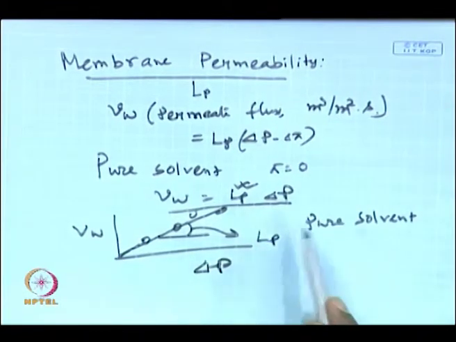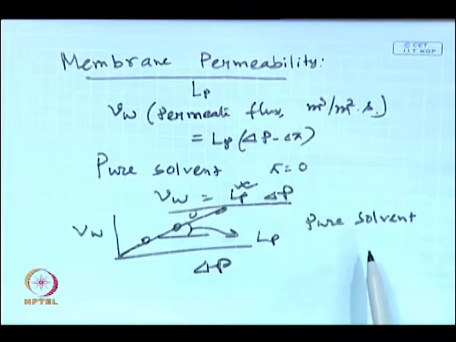Okay. So, one has to conduct experiments using pure solvents at various operating transmembrane pressures, measure the permeate flux, and plot the permeate flux versus delta P. It has to be a straight line through the origin. The slope of that straight line will give the membrane permeability, and you need not give a stirrer speed, you need not give anything, because there is no polarization here, because there is no solute present. Okay. It is a very simple experiment, one can get the permeability, and in most cases if you conduct these experiments, you will inherently get a straight line, there is absolutely no problem.